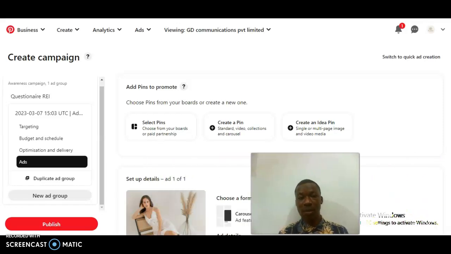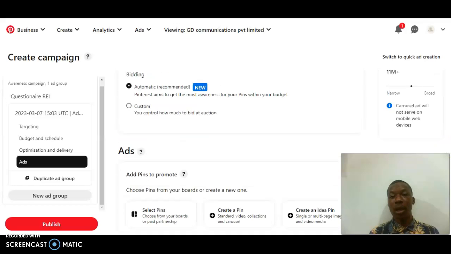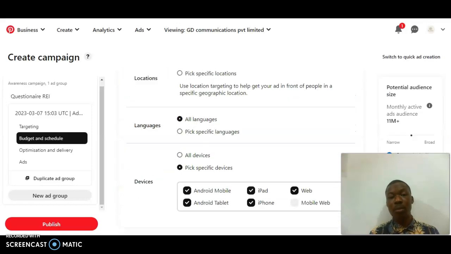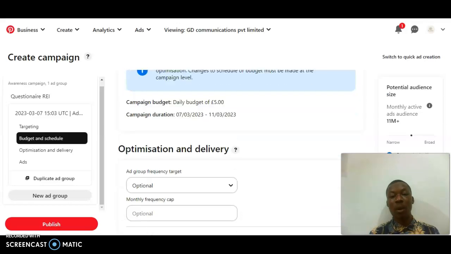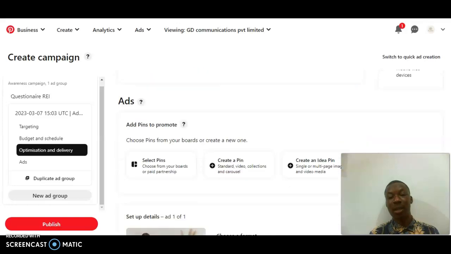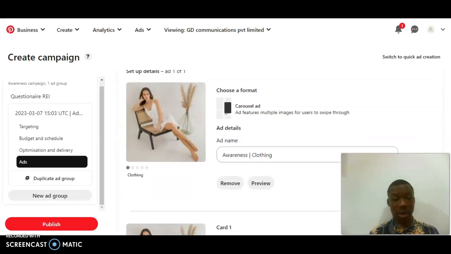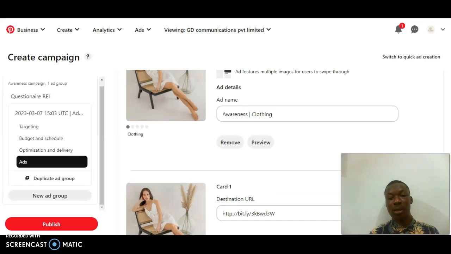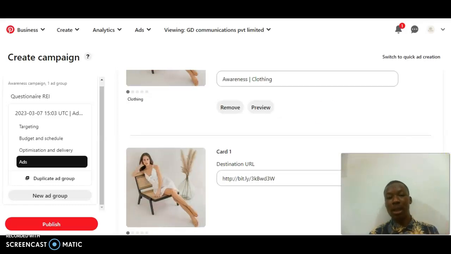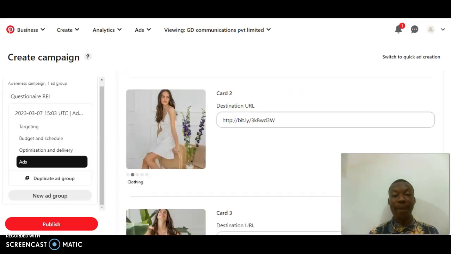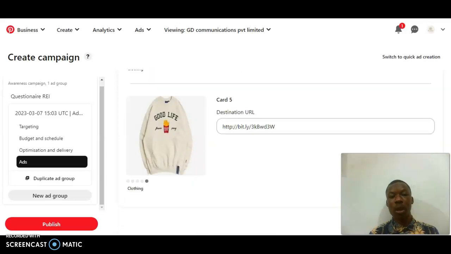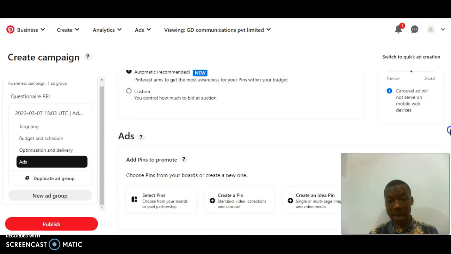I just have to talk about this tutorial. So don't forget this above section here, add all the necessary things, which are like the location, the territory of the client, and this is the pin I added, and this is awareness/clothing. As you can see, this is the URL I already added in the pin when I created it. So these are the product images that are